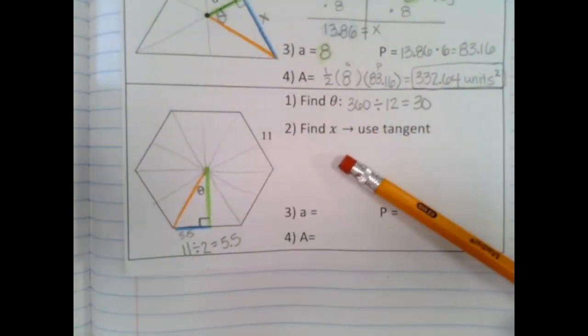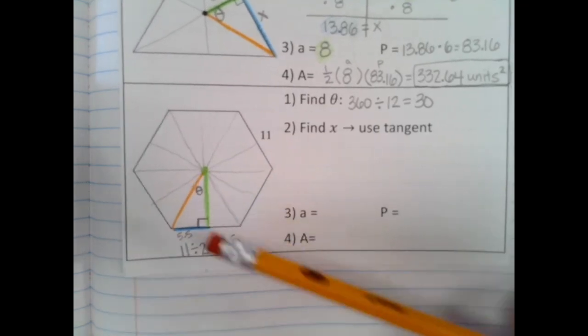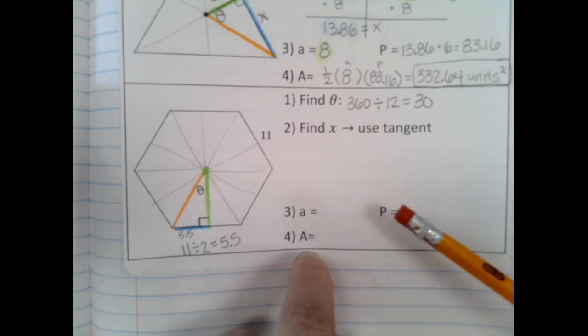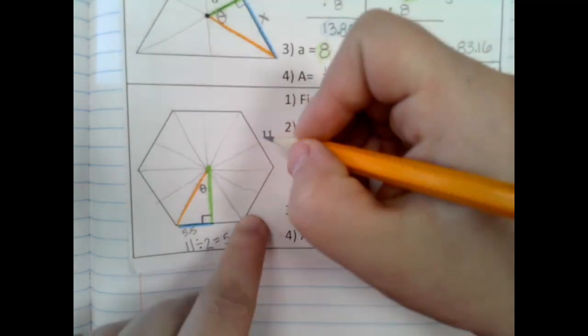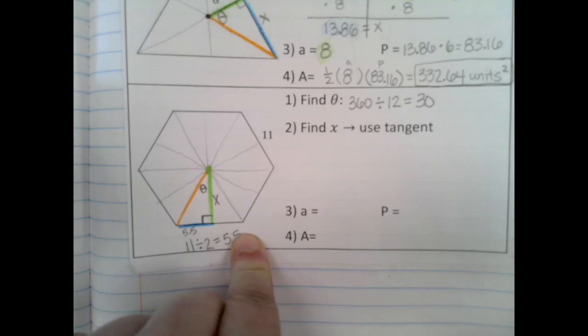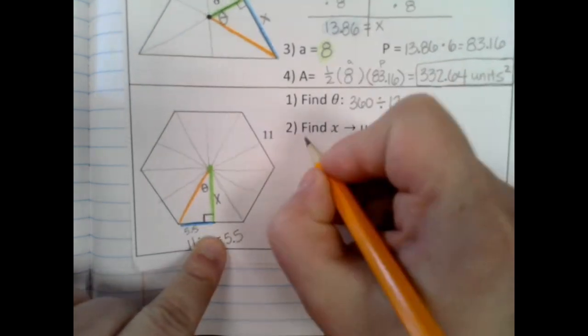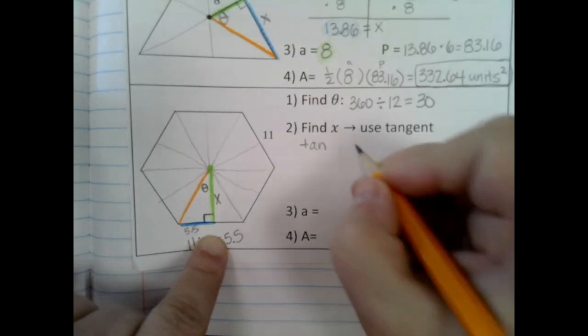So we need to find x, which one x is going to be. We could make x the orange, or we can make x the green, but remember at the end we're trying to find the area. So we need to know the apothem and the perimeter. So we want the green, we want the x to be apothem. If we find the orange, that's great, but it's not actually helping us solve our problem. We can, but just because we can doesn't mean we have to. All right, we're going to use tangent. So tangent of, what's my angle? 30